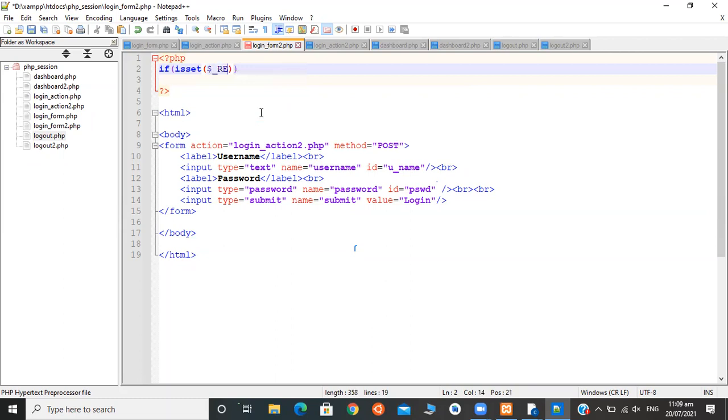If we set $_REQUEST message, we can assign a $message variable to it.